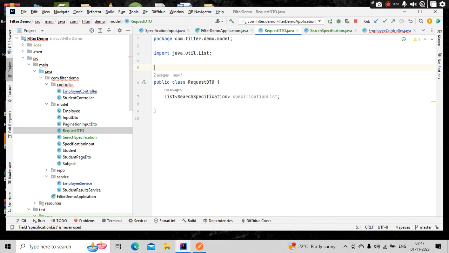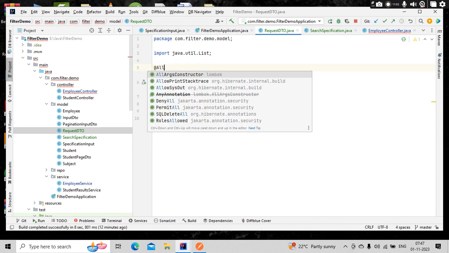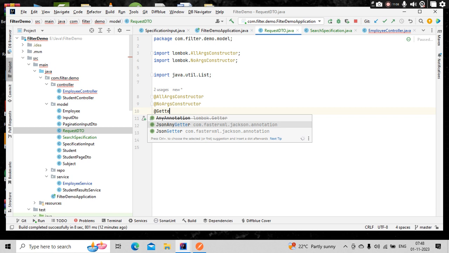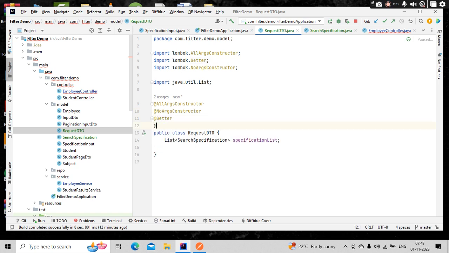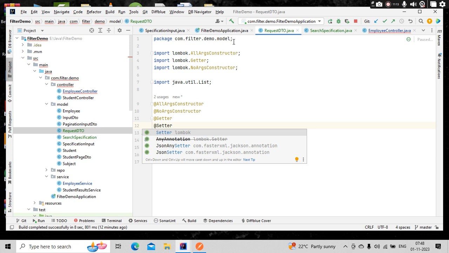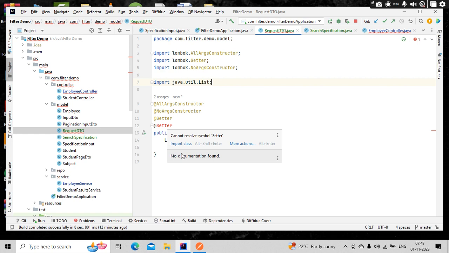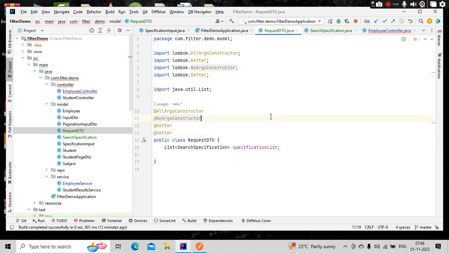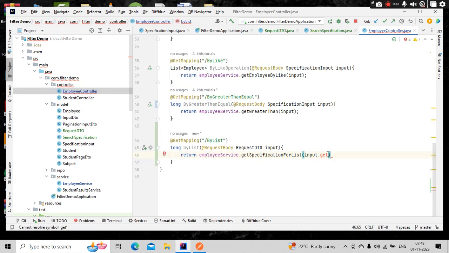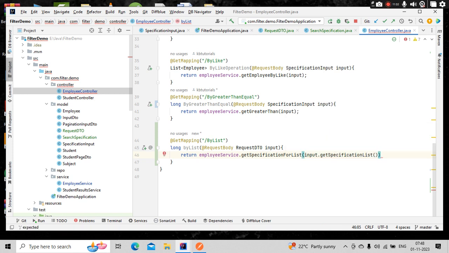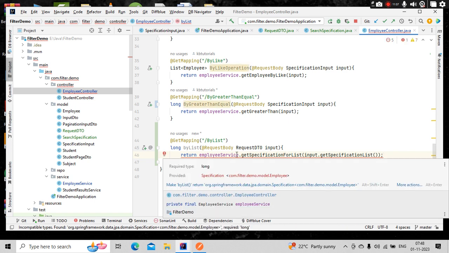Okay, there were no Lombok methods here. That's why all args constructor, no args constructor, and getter and setter. For this purpose, I only need getter, basically, but I have added all of them just to ensure if they might be needed in near future. Okay. Now let's go to the controller method here. Then do dot get of specification list. Okay, I think this should return us